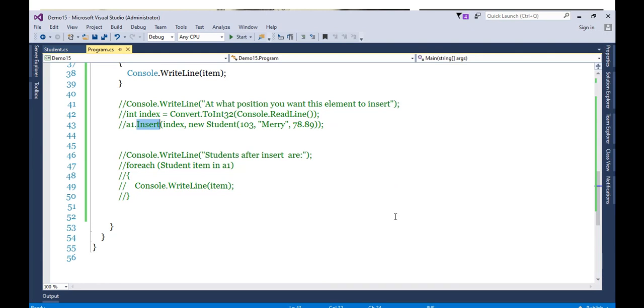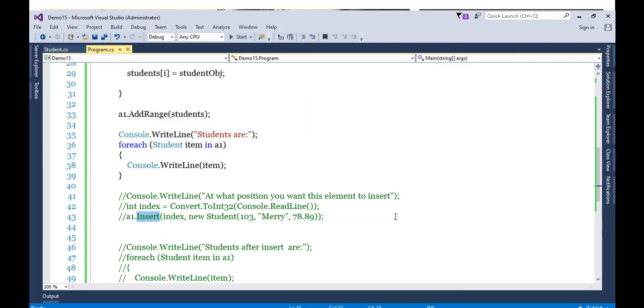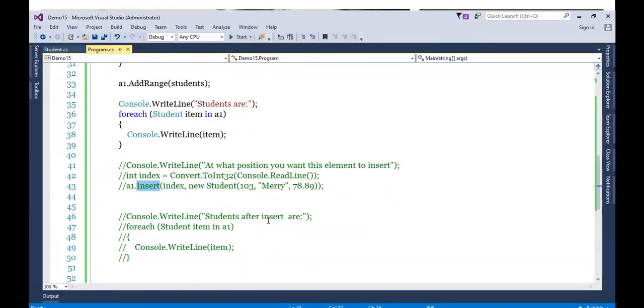Next, there is one more method available. Like let's say I have an array list, and in some circumstances there is a need, like I want part of the array list. I lined up a student array, and in that student array, I want part of the array list. Means I want the reverse process. Now what we did? We created a student array and we added that student array in the array list. Now I want part of the array list in a student array. So will this be possible? Which method will the array list provide? That we are going to see now.